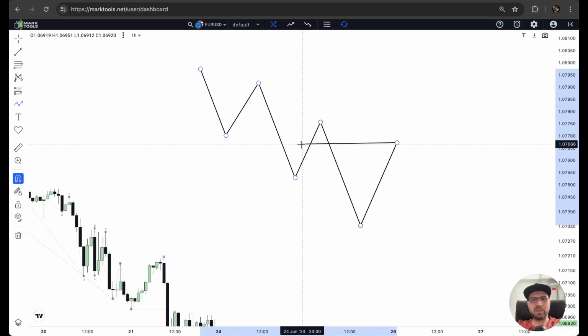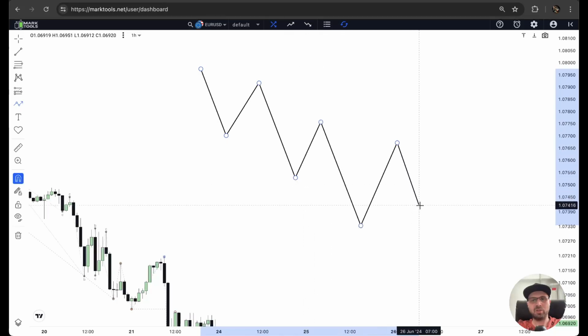Once this pullback tests this POI, this structural formation, it just continues its move in order to update the weak pivot. The weak pivot is a pivot that is going to be updated. For bullish structure, weak pivots are always lows. For bearish structure, weak pivots are always highs. And the opposite